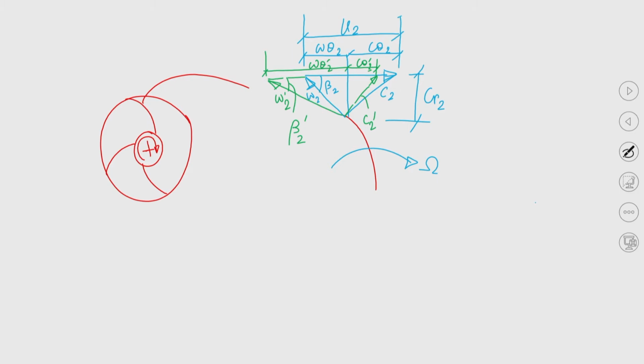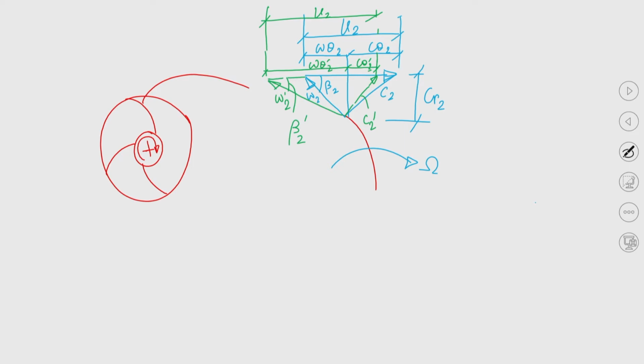What is the consequence? Total head U2 is remaining constant, right. So now this is U2. U2 is remaining constant, but the mean flow direction is getting changed from beta 2 to beta 2 prime, as a result of which what is the consequence? We are getting a diminished component of wall velocity at the outlet, and that is very important.